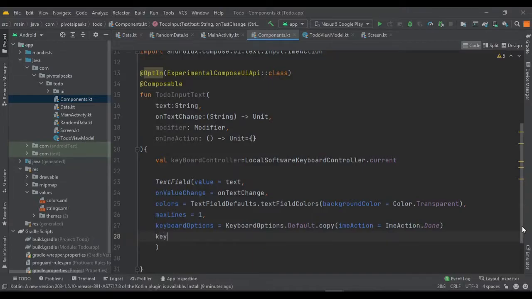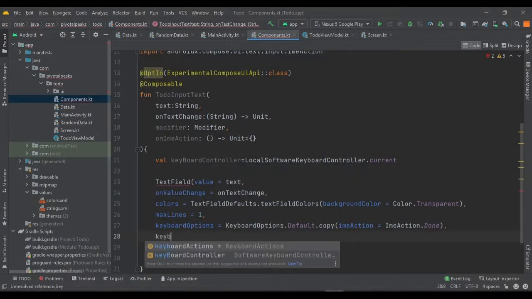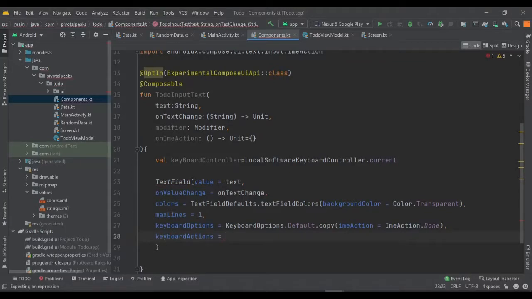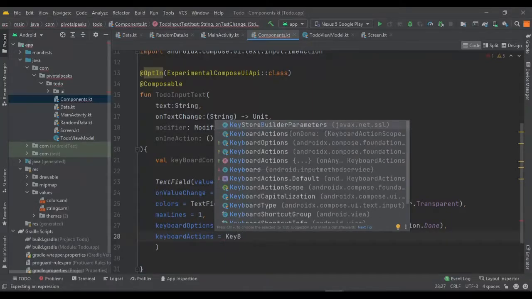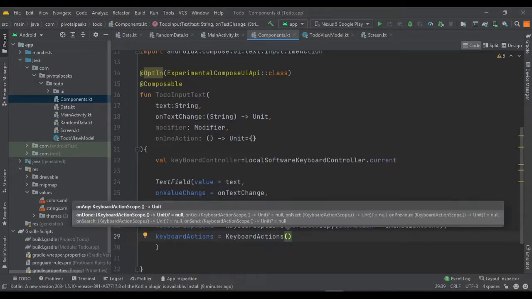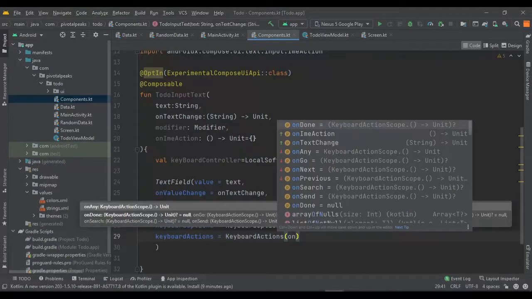So for that we need to create keyboard actions, in which we are just going to close the keyboard. So on done, there are many other options like on any, on go, on next, so you can do a lot of things with this function. We are just going to use done.